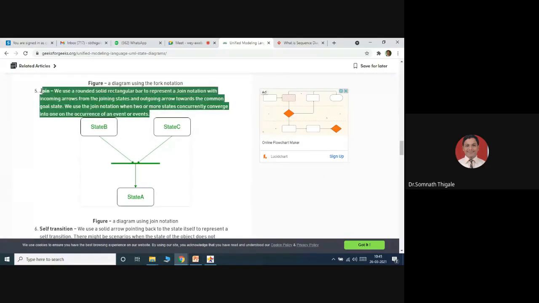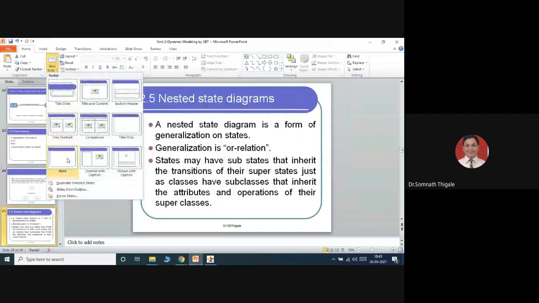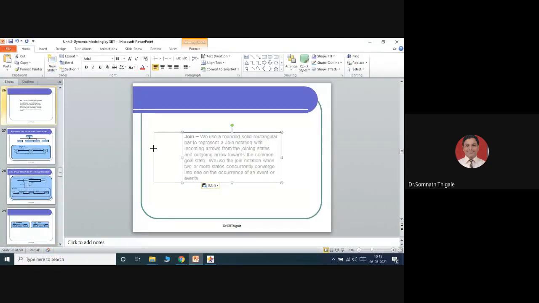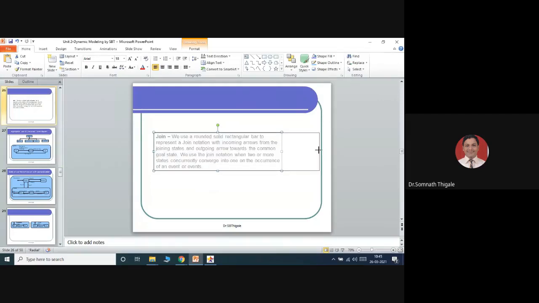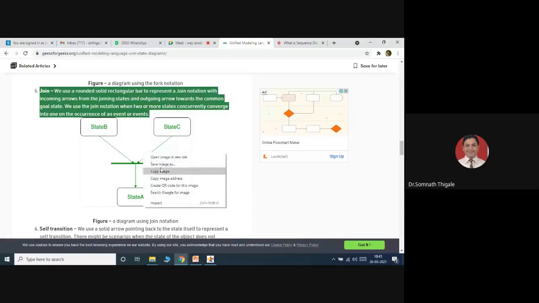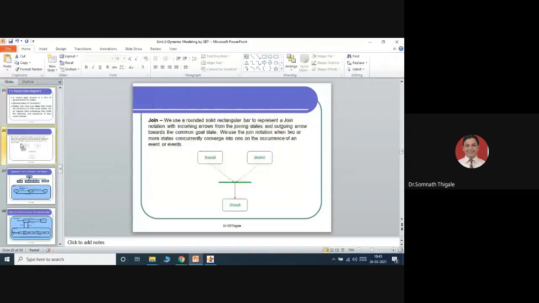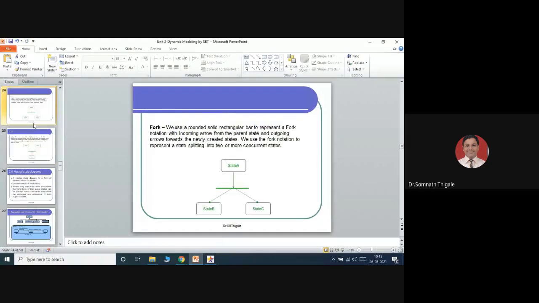This is what a join is. You can just check this. This is what I'm calling a fork option.